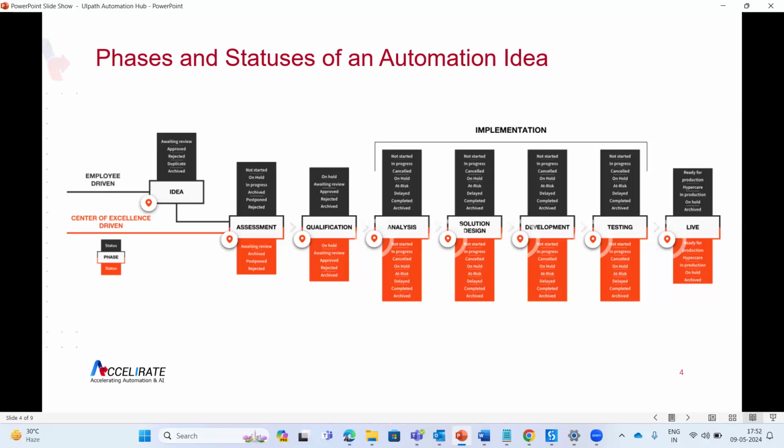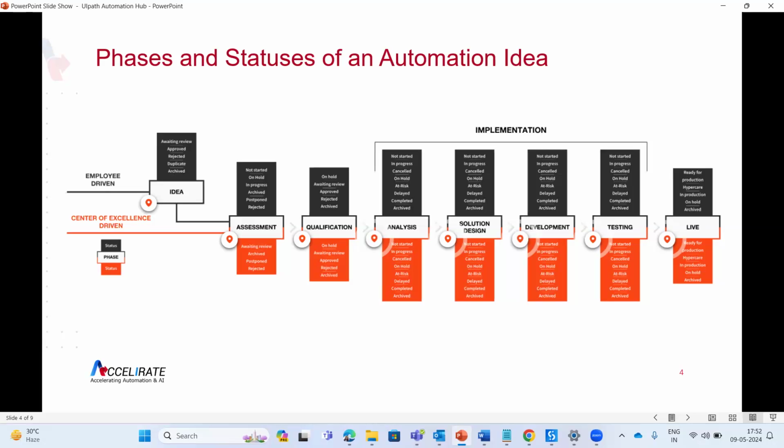You can update the status manually as well, and depending on the person who is going to approve it, let's say if the idea has already been approved, then it will get passed on to the assessment phase. So you do have the option of updating it manually as well. Okay, and do we add or upload some artifacts at each level or each phase for supporting documents